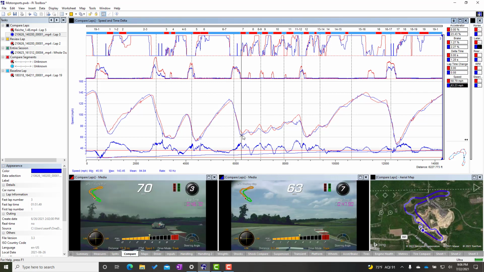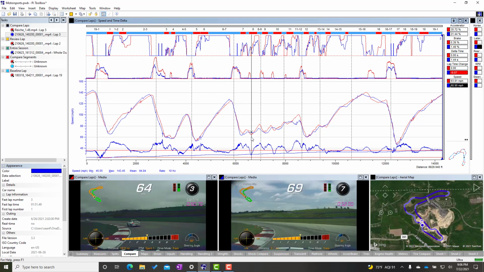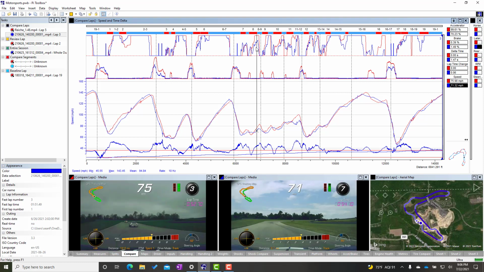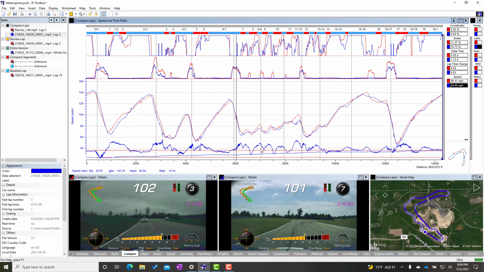Coming through this infield section, again, what do we see? I'm really overslowing the car, at least through the first couple corners. He slows more for this left-hander, but then is able to get a lot more throttle down, running from 8 to 9. That gives him another big speed boost. So if you just look at this S's section, or really all the way through here, what's the time delta? Well, it's